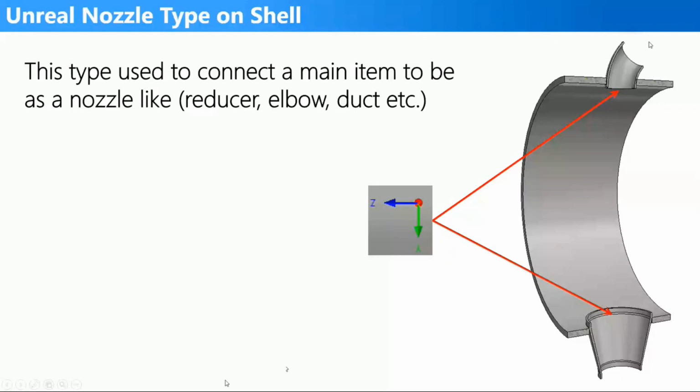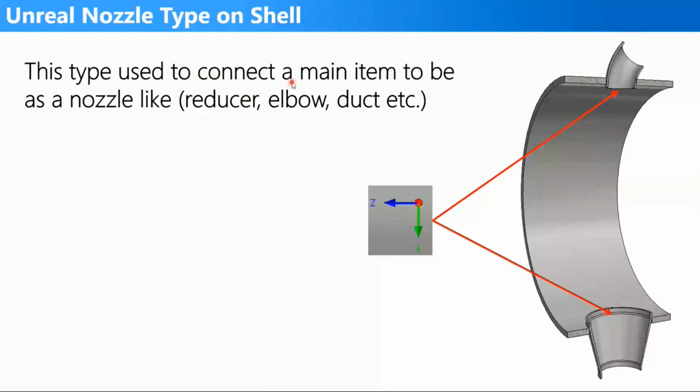And actually, the nozzle type, you can find it as a pipe or blade or a forged hub. But sometimes, in some cases, you may need to connect an elbow or a reducer or any other type as a connected element to the shell. Here, the nozzle connection starts to be an elbow or a reducer instead of a nozzle as a forged hub or a pipe or a nozzle from blade. So how to do that? So in that case, we will check the ability to use